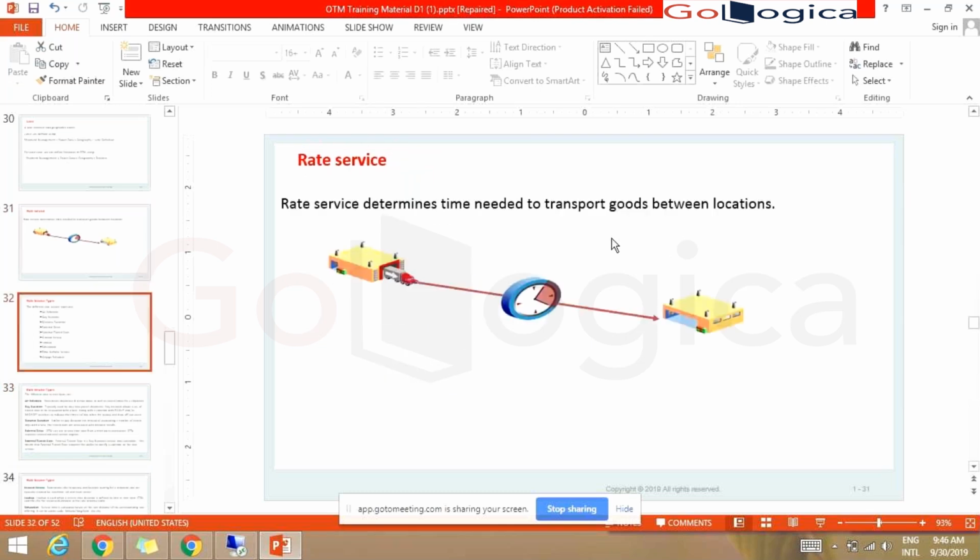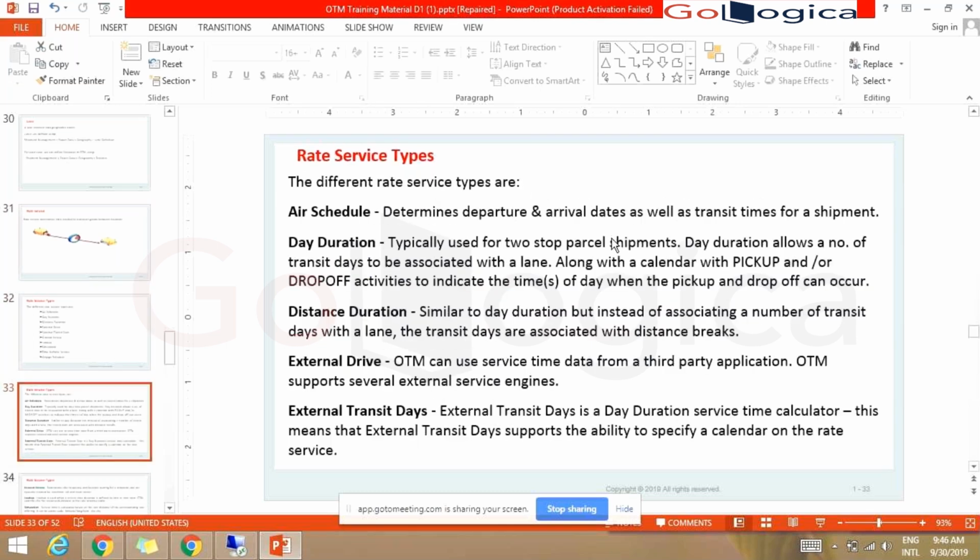That is a real-time scenario most businesses use. It is not defined somewhere, but they use it that way. Even as of now, whatever parcel shipments I work on, it is the same. So clear, right? Yes.